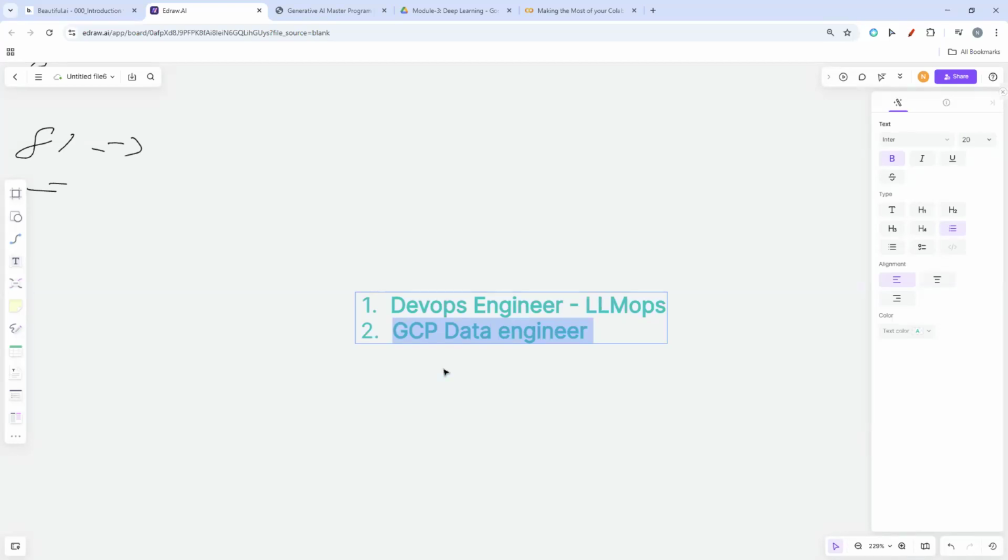So you, as a GCP data engineer, already know how to extract, transform, and load the data from one system to the other, maybe from on premises to the cloud, like you might be having Cloud SQL to BigQuery, right? So these kinds of data loadings are what you are doing right now. This is the first step of building any application, right?